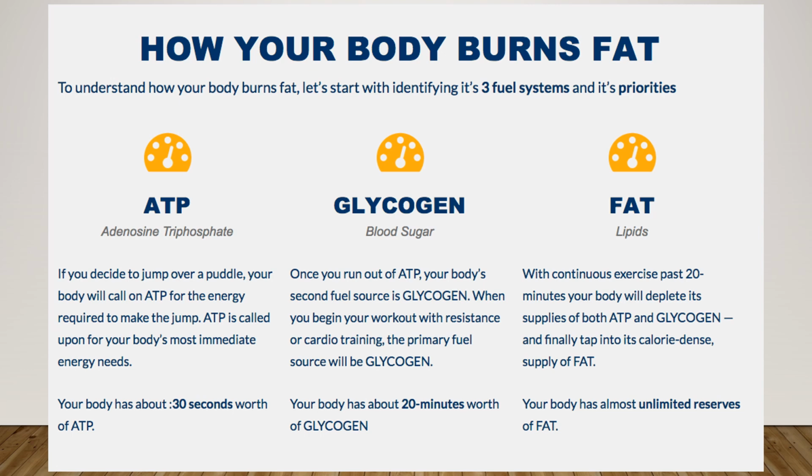So that's why when I say you're not able to work out for a whole hour, go for 30 minutes, because after 20 minutes you start burning fat. Okay, so 30 to 40 minutes of workout helps you burn at least 10 to 20 minutes of the fat which is stored. So we got rid of ATP, 30 seconds done. Then we went into glycogen, 20 minutes glycogen done. We went to fats. Now after both, the calorie dense supply of fat, we have unlimited reserves in the body. I hope that was clear. I tried to be as slow as possible to make it easier for you to understand.